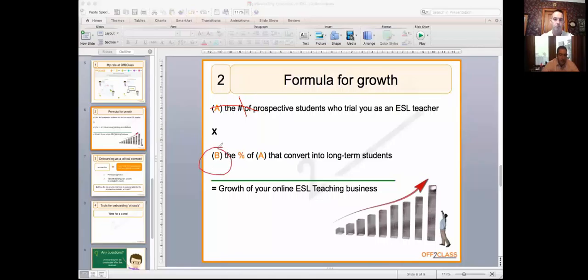So when your leads come to you and take a trial lesson or start engaging with you and they're trying to determine whether you're going to be the right fit for them, B is completely in your control as an independent ESL teacher. A, to a certain extent, is dependent on many outside factors, while B is fully in your control. So although A is a challenge,